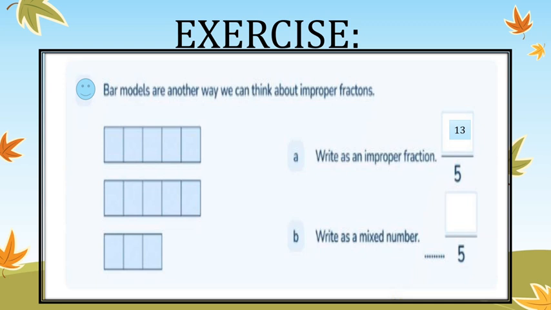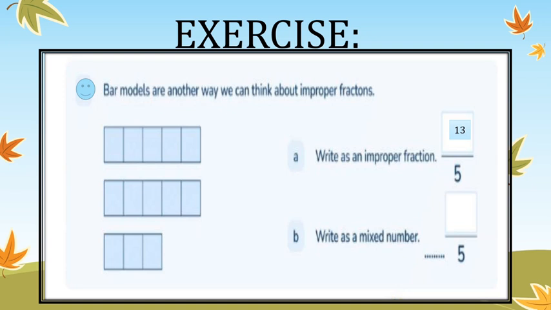Yes. So in total we are going to count how many there are. The denominator is already given to us. The denominator tells us how many parts the figure is divided into. Here the figure is divided into 5 whole parts, so each bar is representing 5 parts. So we have got the denominator as 5, whereas the numerator will be the total number of parts shaded.